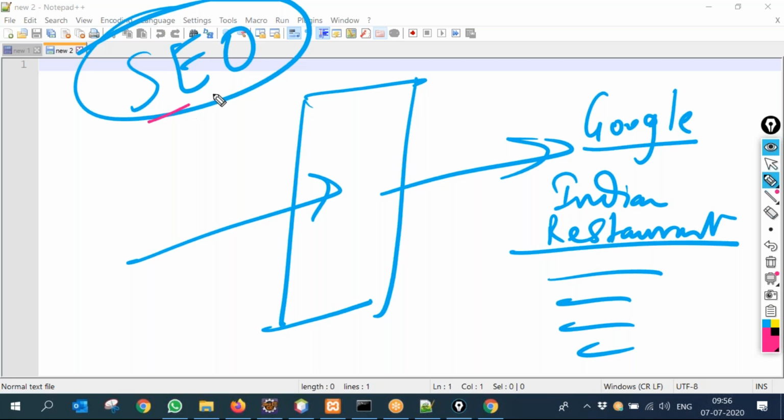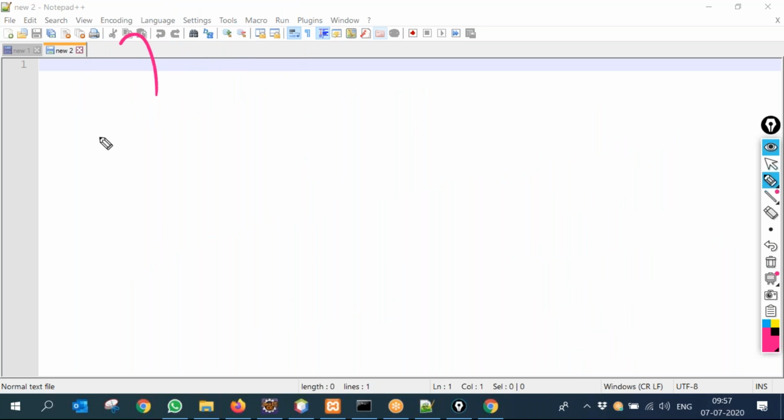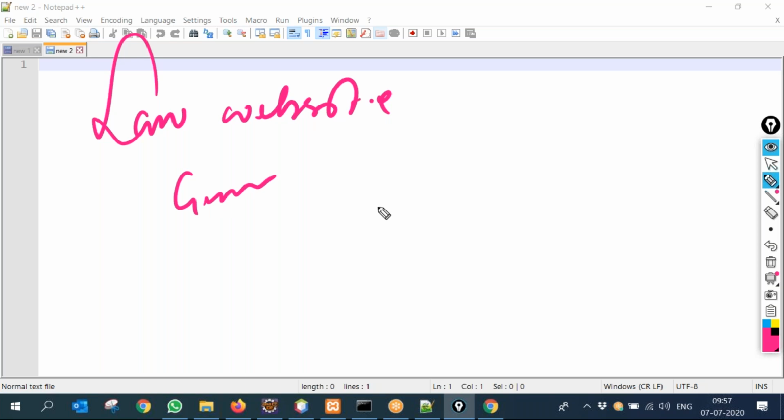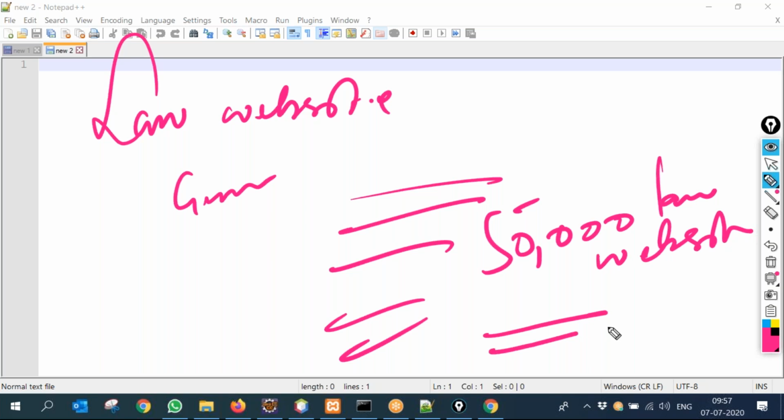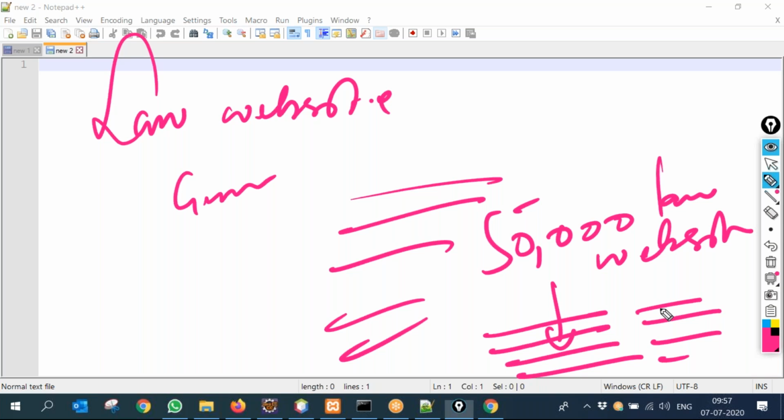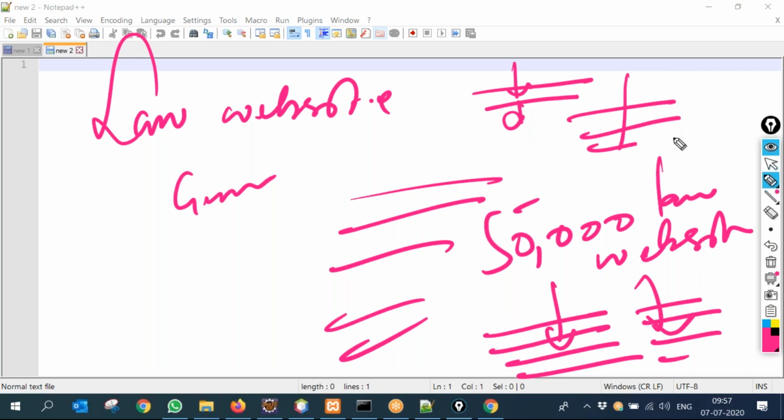Okay? So SEO is all about who appears on rank 1, 2, 3, 4, like that. But this time we are not writing content manually. Suppose I am doing a law website. I'm going to Google continuously, and I have scanned 50,000 law websites, and I know all their page headings, etc. I know all the patterns. Whichever comes first, I know I have ranked day wise, and I'm trying to find out which keyword is trending right now.